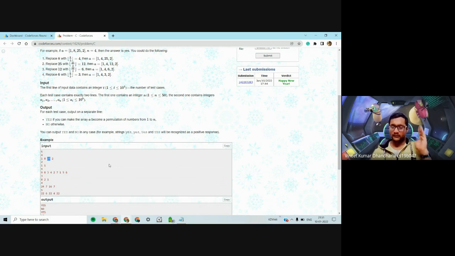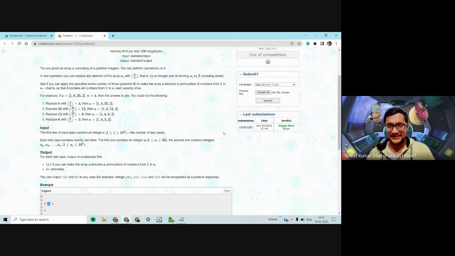So with a number, you will keep on dividing it, and at each point you will check if this number is already made or not. If it's made, then you proceed and divide by 2 again. If it's not made, then you allocate it to that particular number and go ahead. The reason we are doing this is because it's important for us to make the larger number first, and only if we cannot make it, we go to the smaller number. So let's see the code.